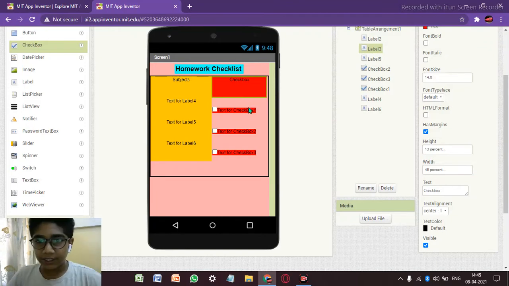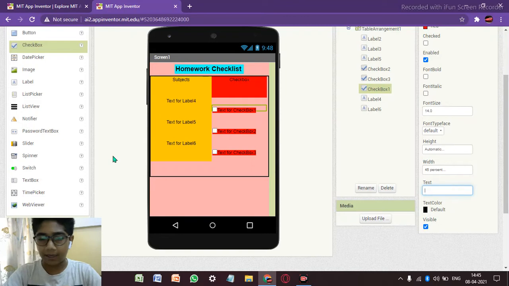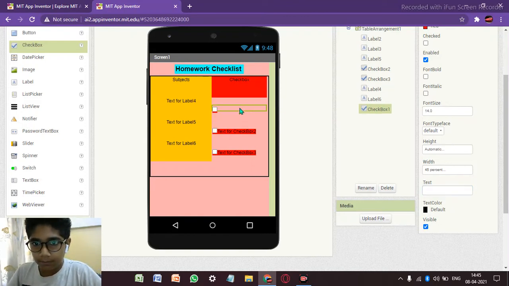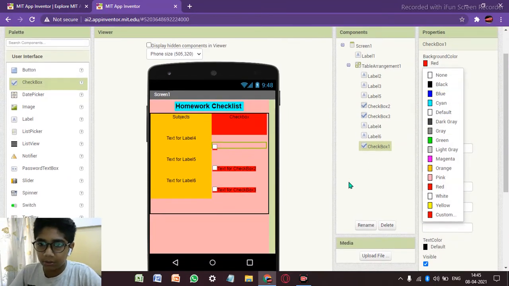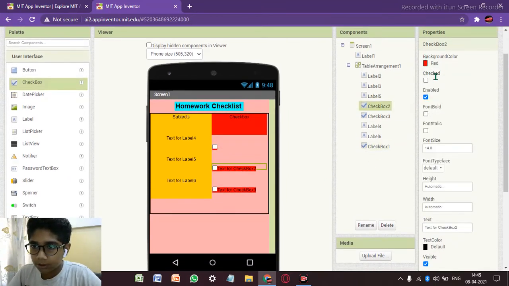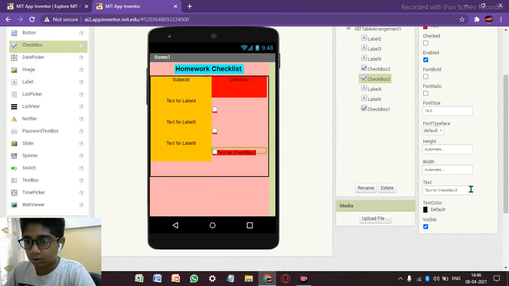Now we need to change the text for checkbox, which will just be blank. Just keep it like this, and you can change the background. It is red only, so this also empty. This also empty.